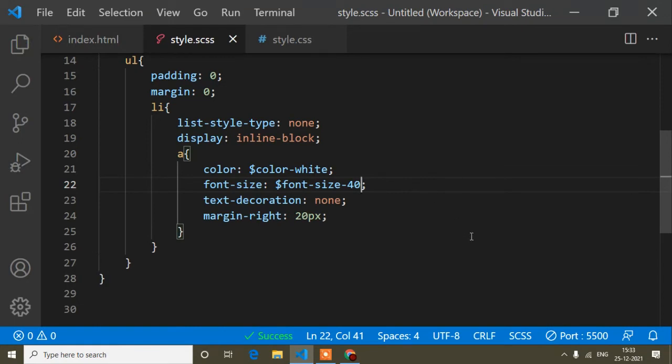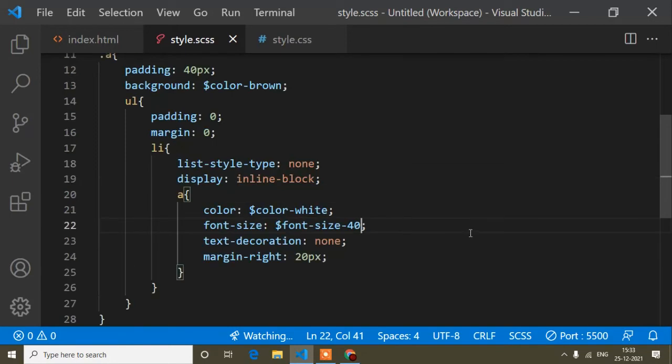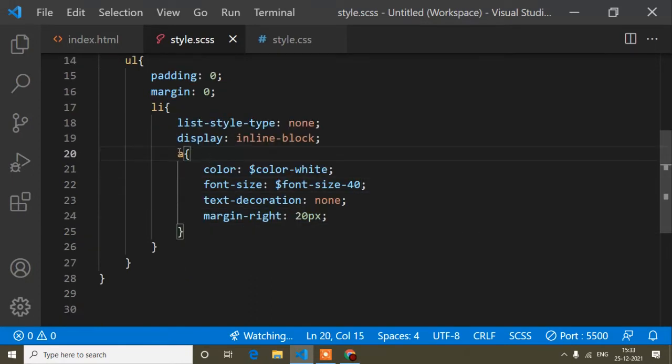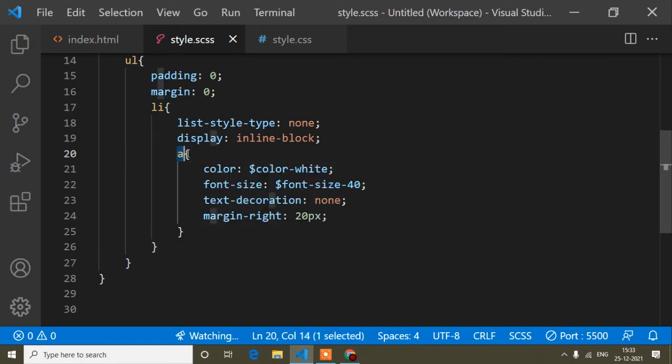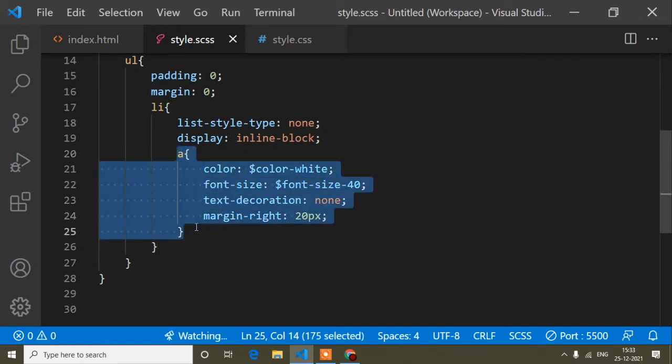And now guys, one more thing, I will show you in the next step, that is hover effect, click, focus. Suppose guys, when I hover this anchor tag, at that time I want to change this anchor tag color. So you can see hover is not just inside this A, right?